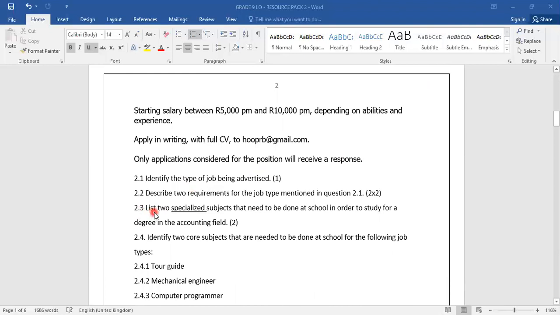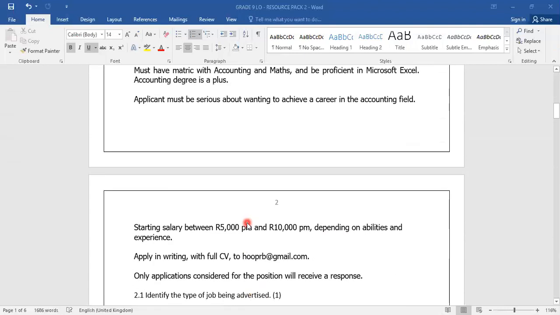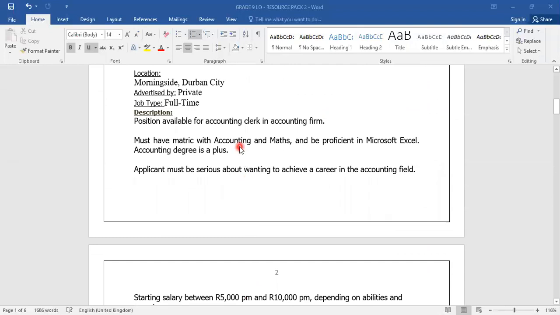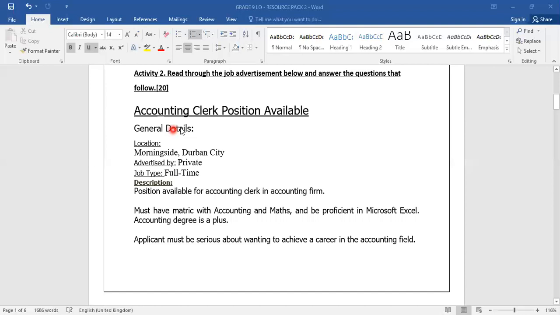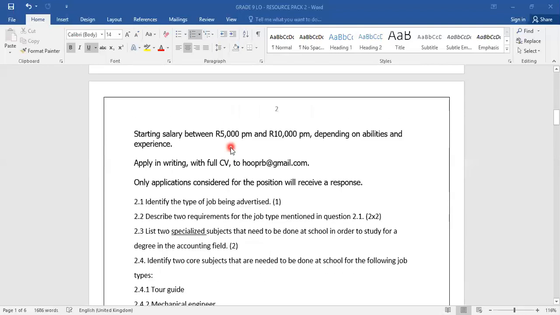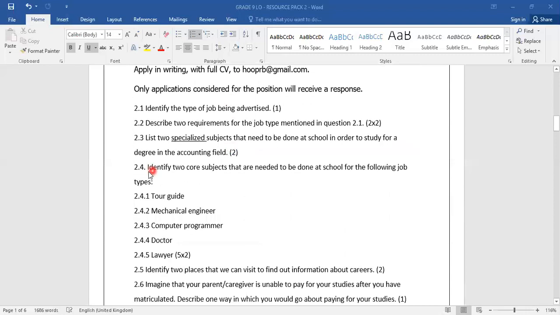2.3 requires you to list 2 specialized subjects that need to be done at school in order to study for a degree in the accounting field. And as the advertisement states that accounting and maths are fundamental subjects that will be done at school in order to pursue the position and to apply for this job of an accounting clerk. 2.4